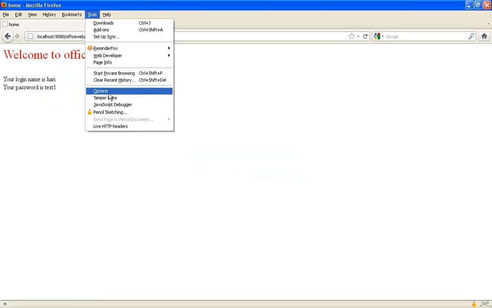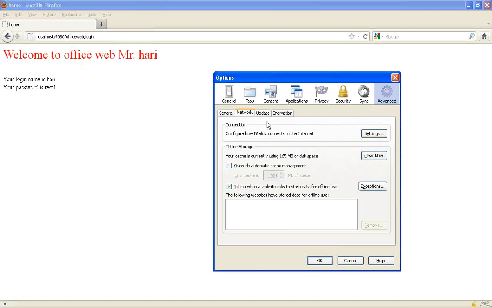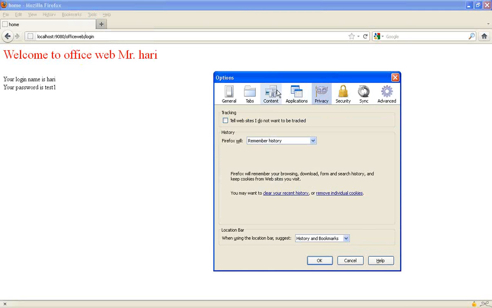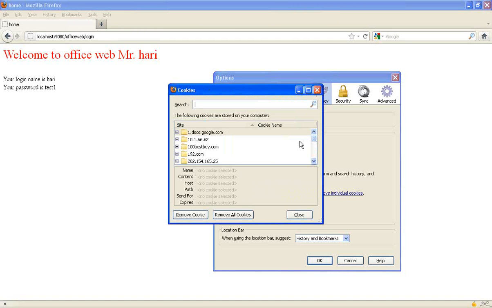Now in the tools, options, maybe in the privacy, or you may want to see. Let me look at this. The cookies,